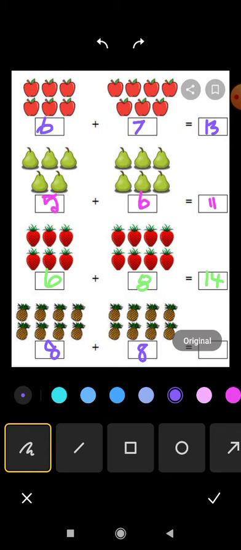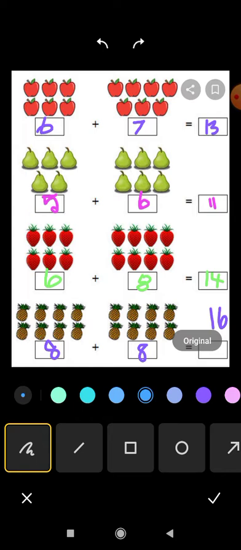So that's why you are going to start from the beginning, counting 1 2 3 4 5 6 7 8 9 10 11 12 13 14 15 16. So how many in total, ma? 16. Okay, 16. So are all of you clear on these four groups of objects, all of you?